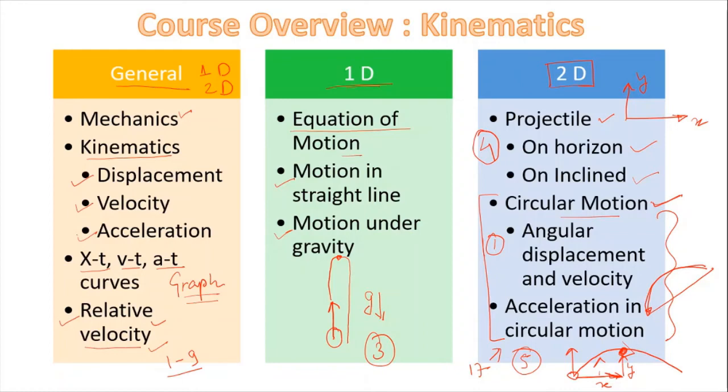Understand? So inside circular motion, we will be talking about the quantities related to circular motion, that is angular displacement, angular velocity, and acceleration. And here the acceleration is not just normal acceleration or straight line acceleration. It is going to be a different kind of acceleration. More than one kind of acceleration will come, and how these accelerations come, what the relationships are, with which quantity the acceleration is going to change, all those things we will be studying in detail.